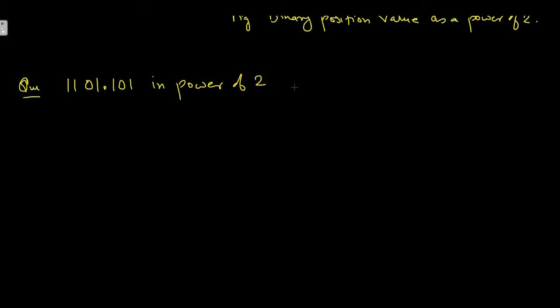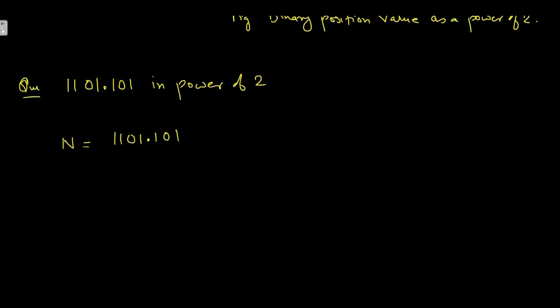We have to find the decimal equivalent of this binary number. Now again we write n equals 1101.101,